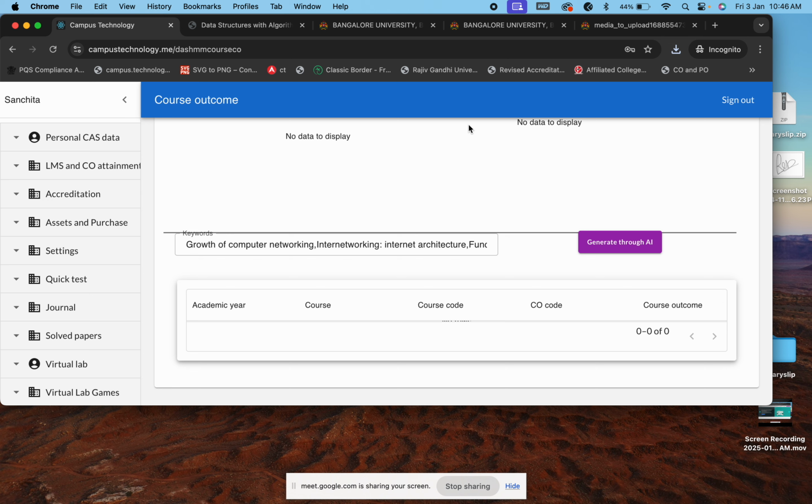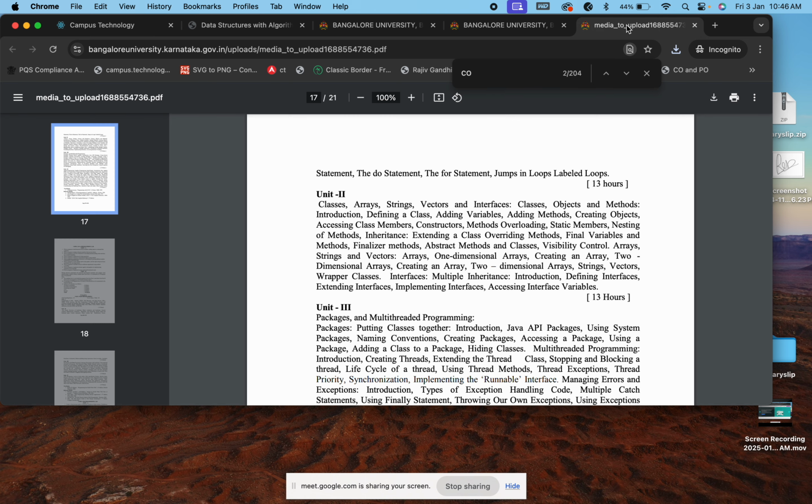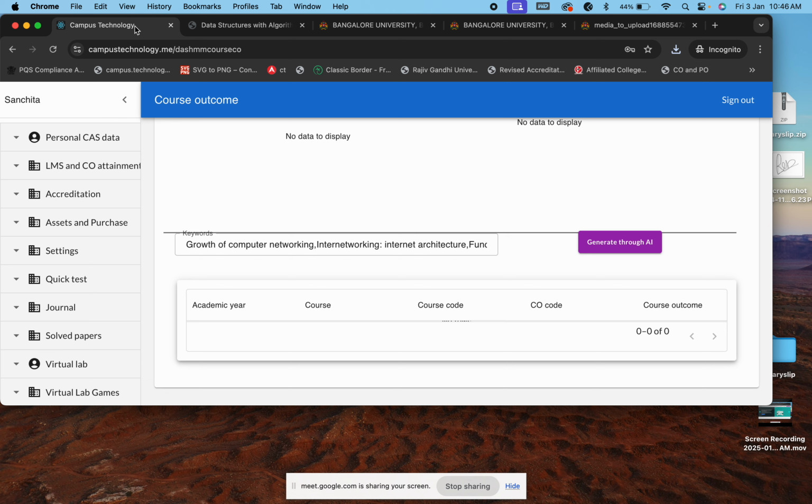This was identified by a few peer teams when they went for peer team visits to some colleges. So you retain that. Of course, whatever Bangalore University has given, you have to follow, since you're an affiliated college. But the department also has the autonomy to generate its own course outcomes and keep them ready. In case they ask whether you have done it according to the latest Bloom's taxonomy, you should have the document with you.